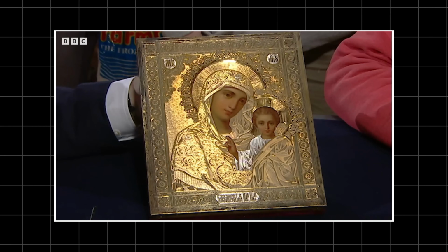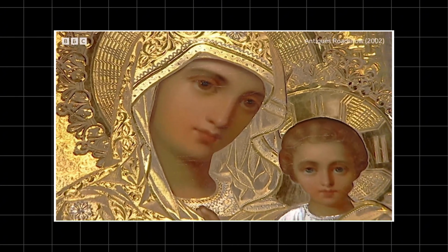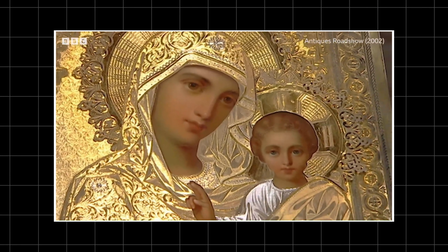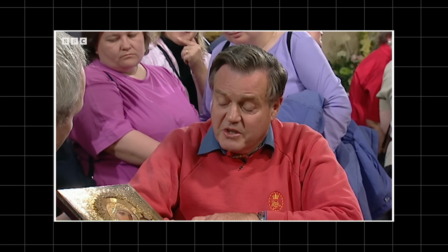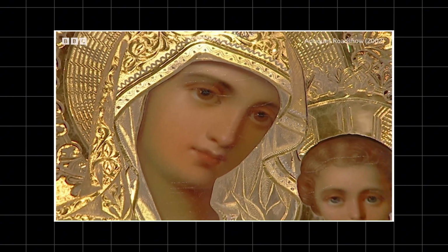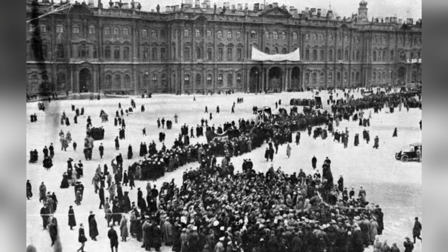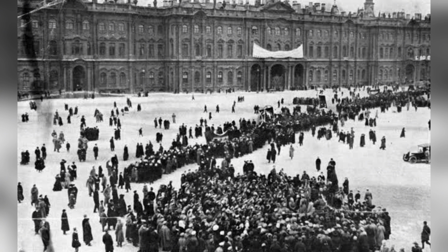My grandfather and his father were in a shipping partnership, and they traveled extensively in the Baltic countries as far as St. Petersburg. There is a note with it which says, acquired from the old curiosity shop St. Petersburg. And what date was that? That would have been around about the turn of the century, as far as I can guess, give or take 10 years. That timing is significant because the icon belongs to the final years of Imperial Russia, shortly before the